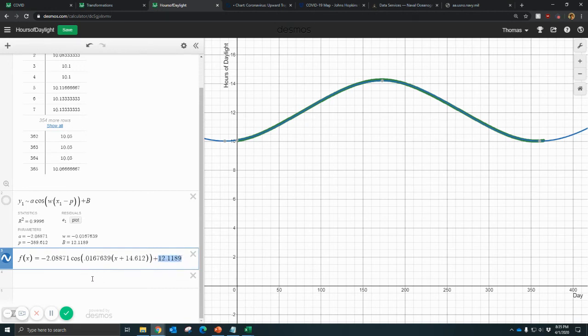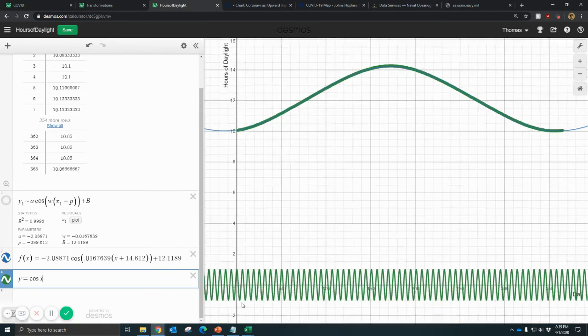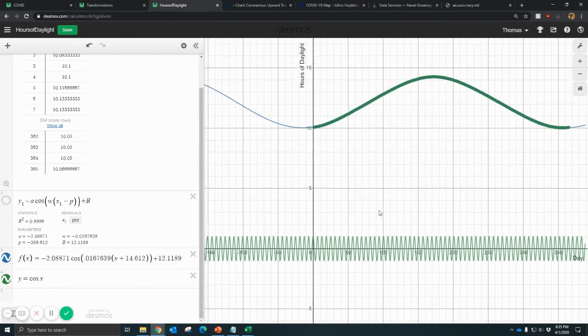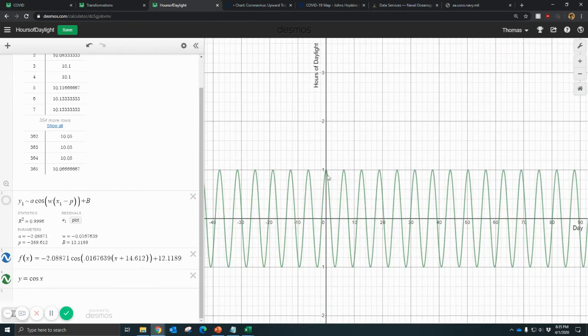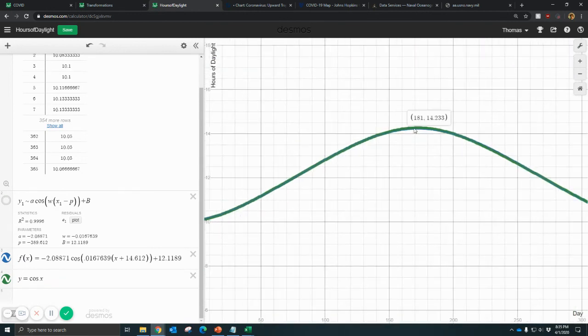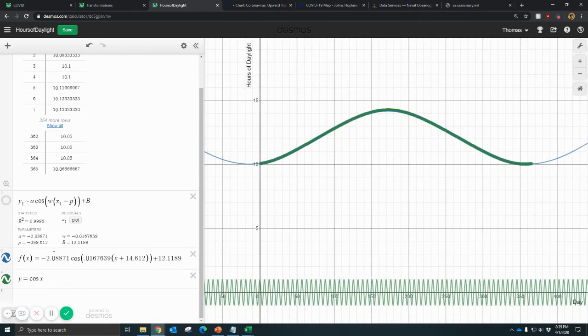If we compare this to the most basic possible version of that same function, we can see it's drastically different. It goes from this function here to this function here. So if this function had a point right there, how come this one over here has a similar point, a maximum, way up here somewhere? That's what I want you to do: think about what each of these individual numbers represents. What does this negative 2.08817 represent? And we'll pick up that discussion again in the next video.